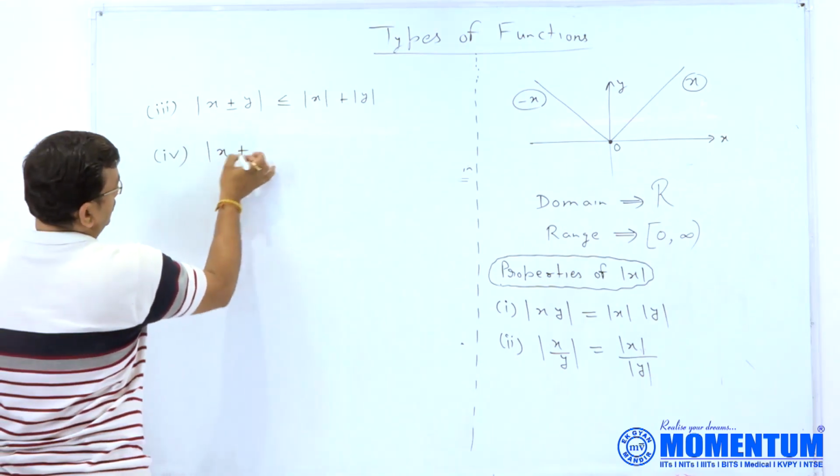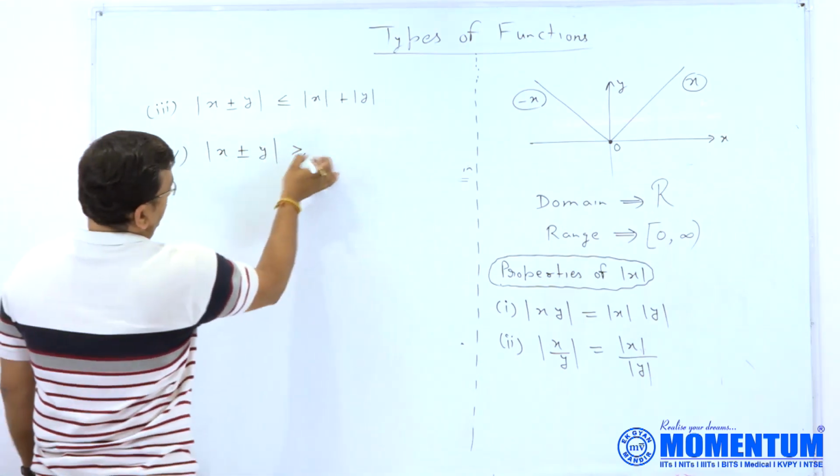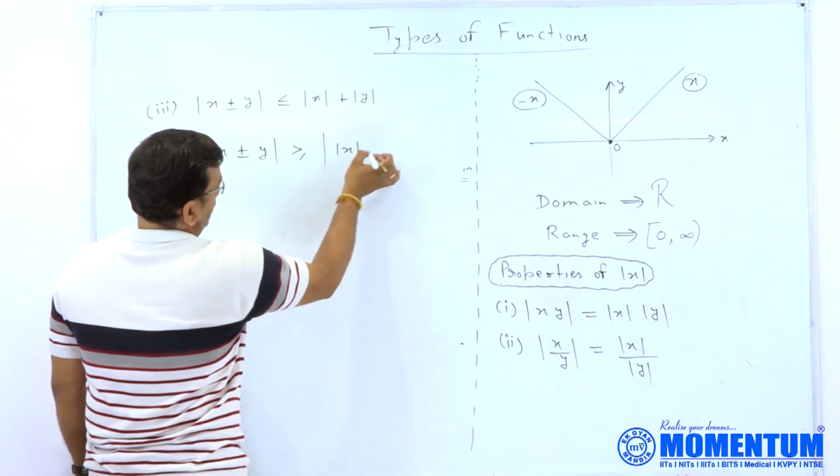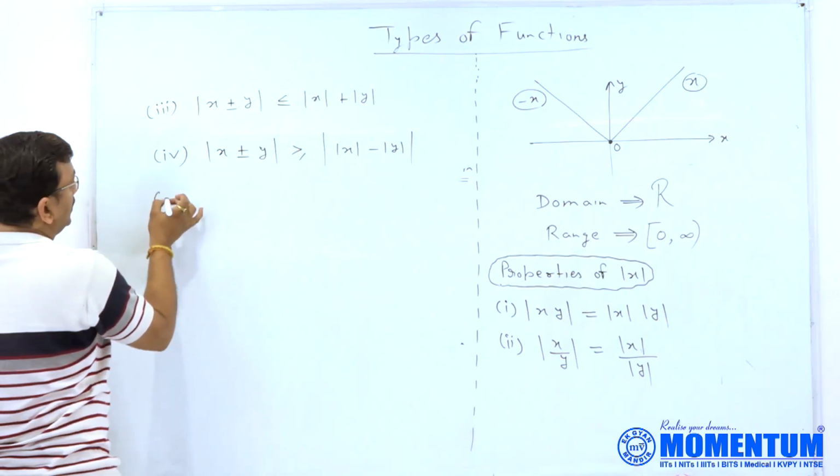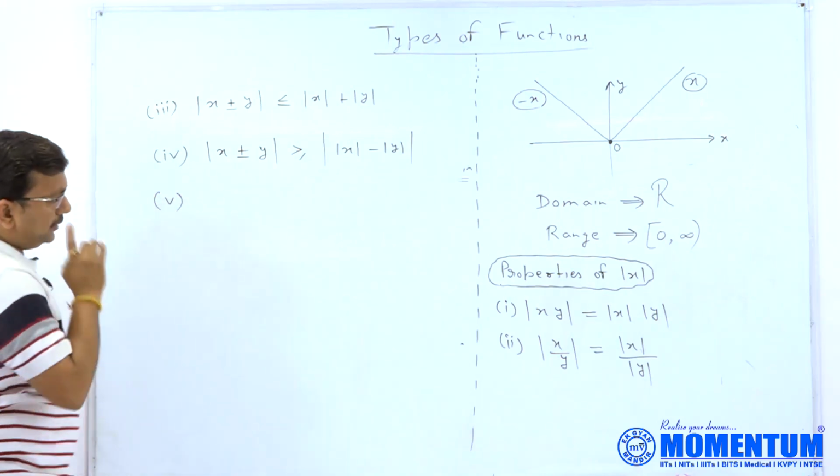Number four, mod of x minus y is greater than or equal to mod x minus mod y. Number five,